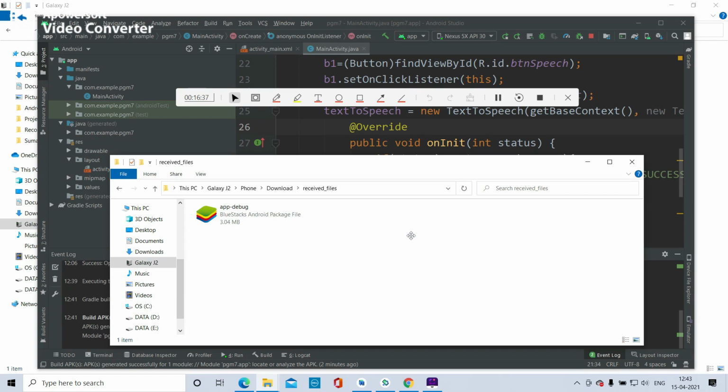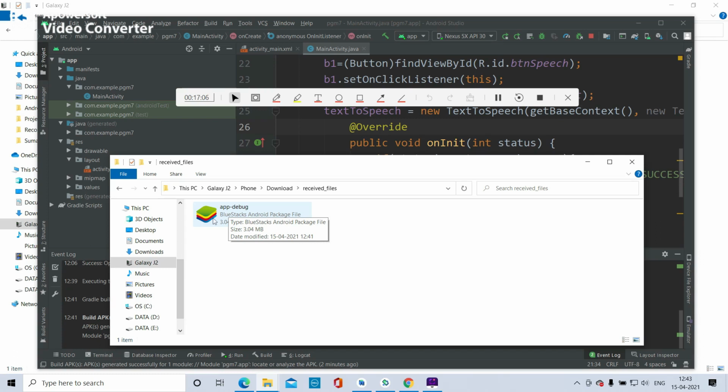In downloads, you can go to downloads. If it is not there, see, we have to copy this file properly. Okay, device, go to device storage, then download received file. You can get one app debug, okay, and if you click on this, you can install the app.